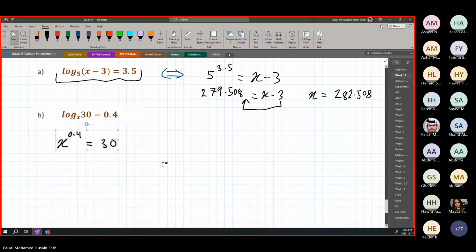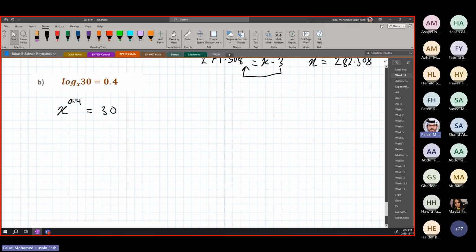So, everyone understood how I got x to the power of 0.4 is equal to 30? This is the base. This is our solution. And this is our power. Okay? Very simple. Now, how can I solve an exponential equation? To solve an exponential equation,